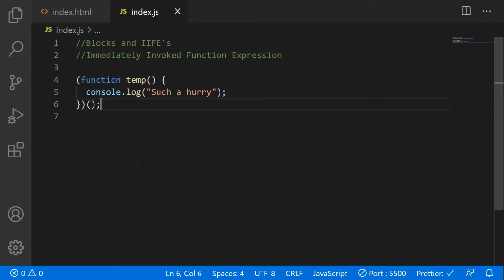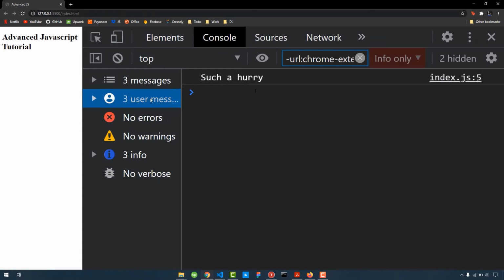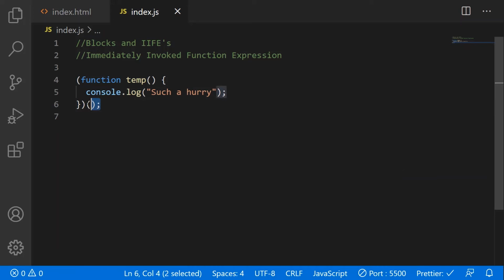Now, if I hadn't put that, my Prettier would have done it for me. Anyway, what I'm doing here is I have now created this thing into an IIFE, an immediately invoked function expression. So without calling this function, I hit save, go into my browser, and I check user messages. If I remove this, and this, and hit Ctrl S, of course I'm not calling this function,